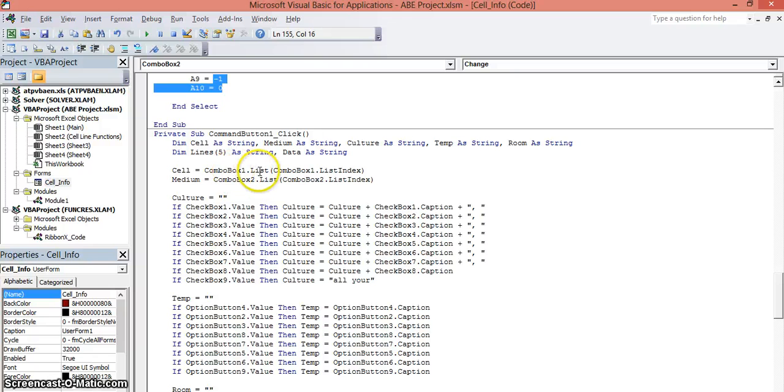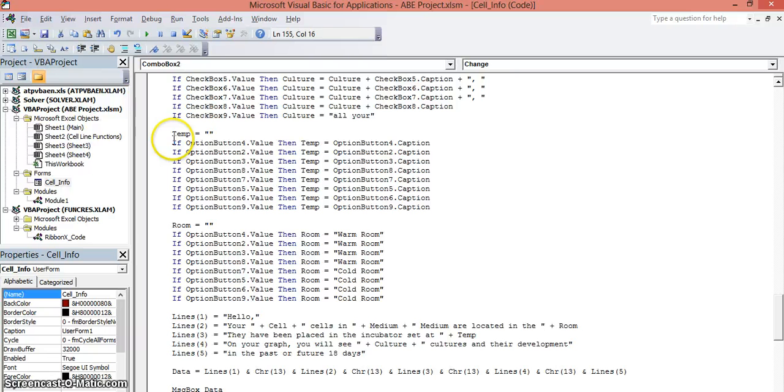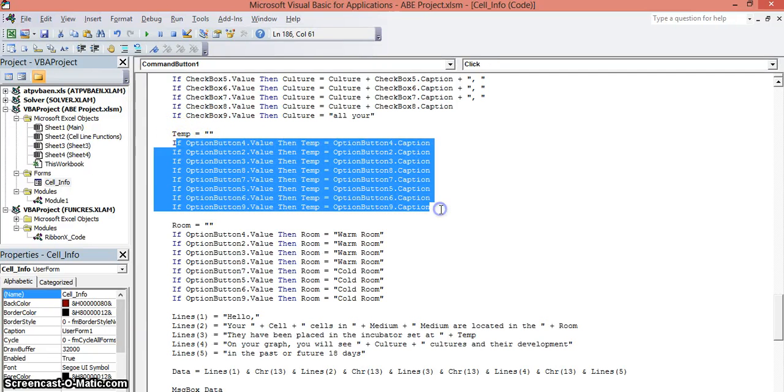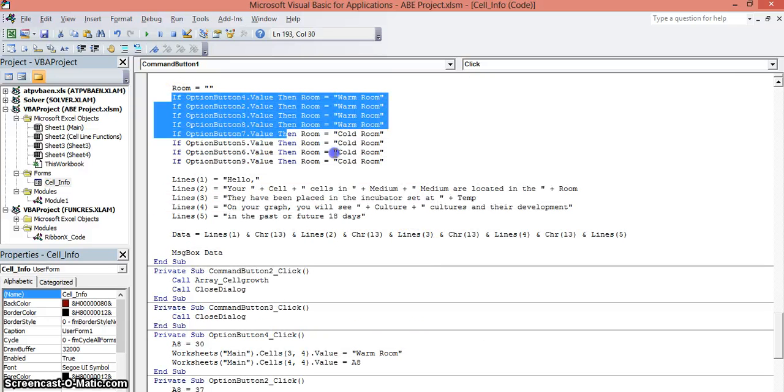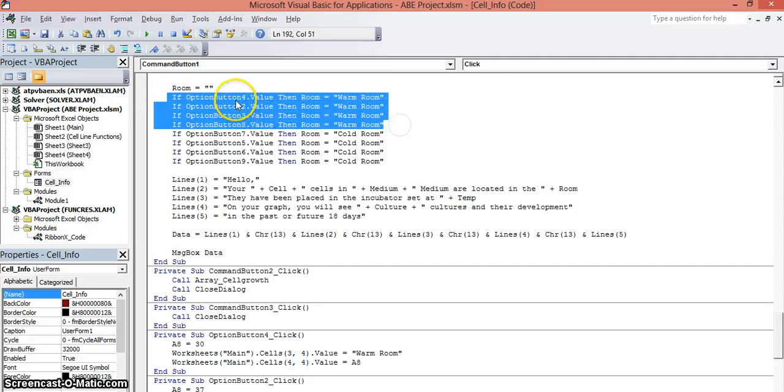Cell is just your combo box option. Your medium is your combo box 2 option. Culture is the cultures you select, so C1, C2, C3, and so on. Temperature is the ones you decide to take. Your room is, if you pick the first 4, then it's warm room, and if you pick the second 4, then that's your cold room. And so it just puts them in lines, puts the lines into a data,